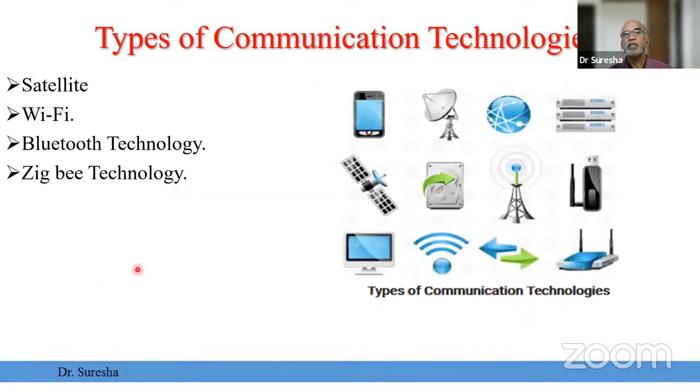So, types of communication technologies: satellite communication, Wi-Fi, Bluetooth, Zigbee. Satellite communication, nowadays everybody knows about it, because Elon Musk is providing communication channels through satellite. They are a bit expensive, but more reliable. It's okay in all aspects, no negatives in that. 24/7, 365 days it will be there. No power failure or server issues, nothing like that. Everything will be intact.